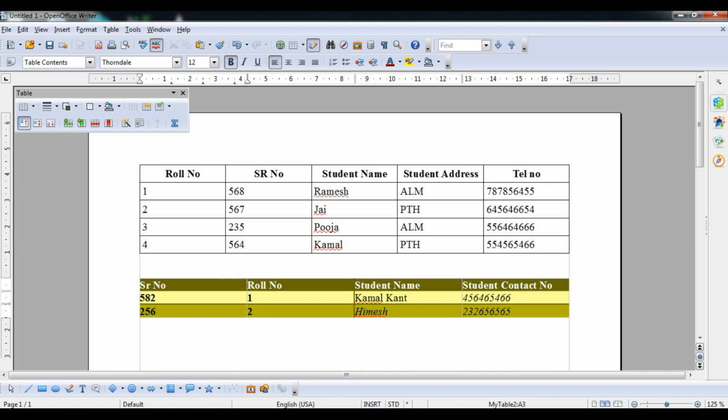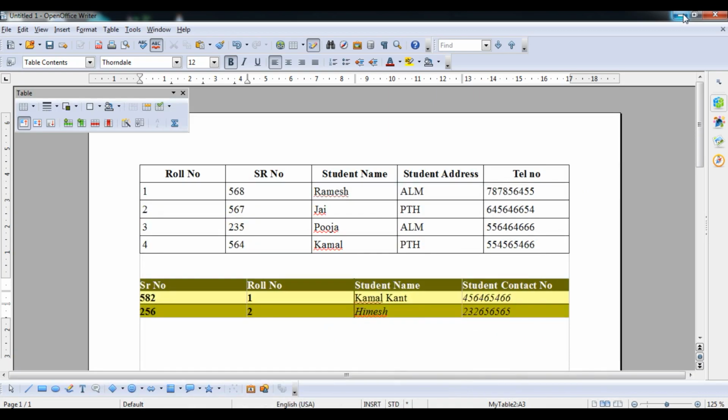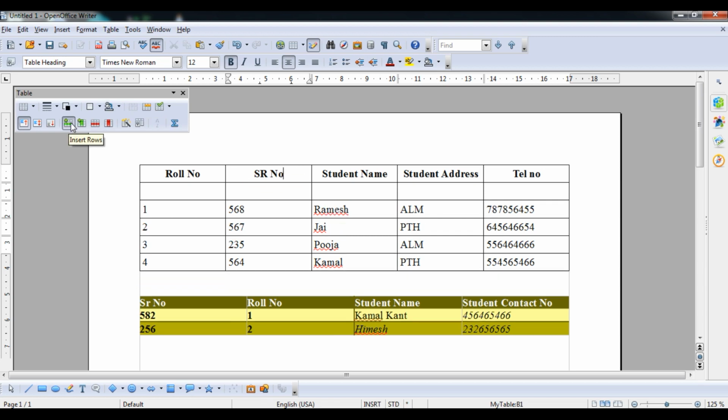Okay student, now we have learned how to insert rows and columns in a table, and now how to delete rows and columns from the table. Suppose I am going to insert a row just before, so you have to click on this. Now you can see that a blank row has been inserted.